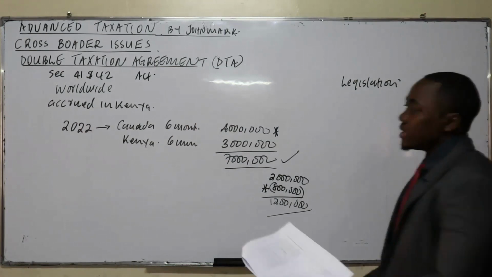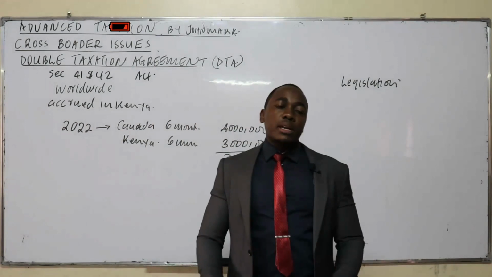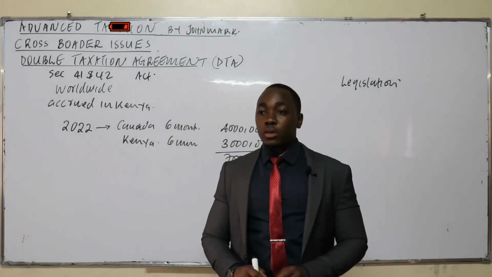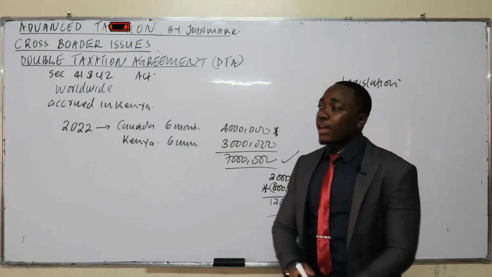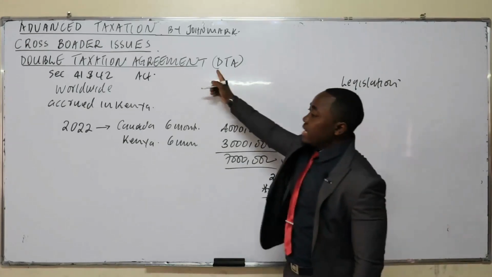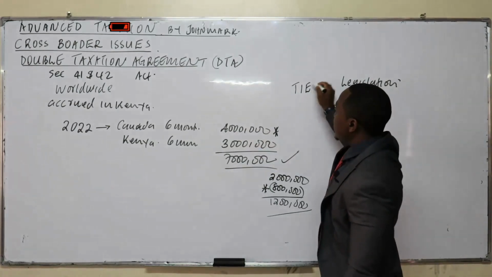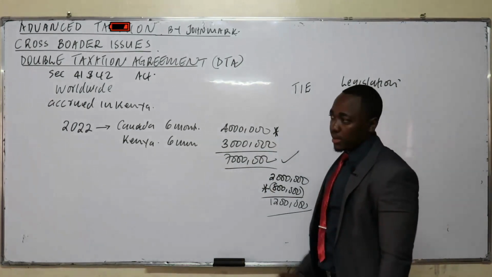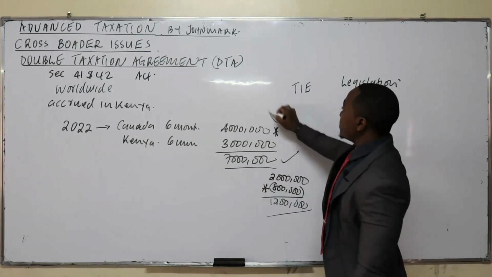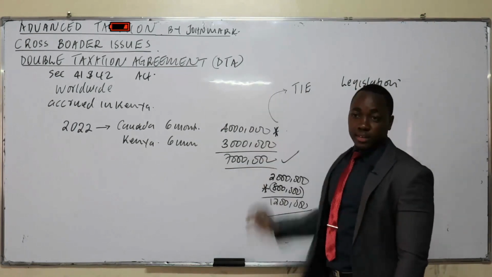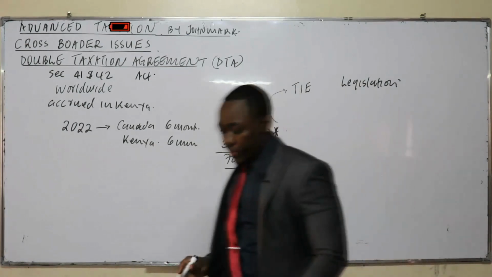I'll come to discuss later. How do you confirm that you had already paid the tax? The taxman will not simply rely on your information, like you telling them, when I was in Canada, I paid 800. So how do they confirm? Whenever there is a DTA, there must be what we call the tax information exchange, TIA. We'll come to discuss this later. The revenue authority in your country will contact directly the tax authority of the other country, because there is a tax information exchange agreement for them to confirm.